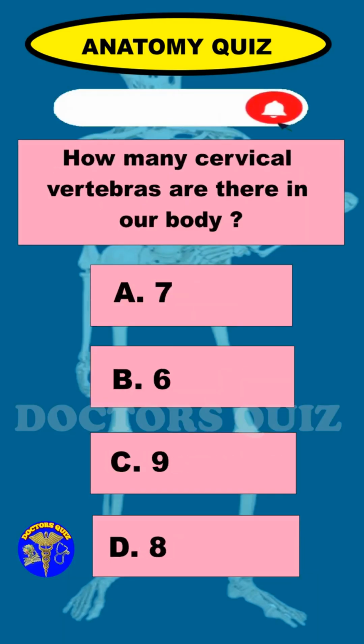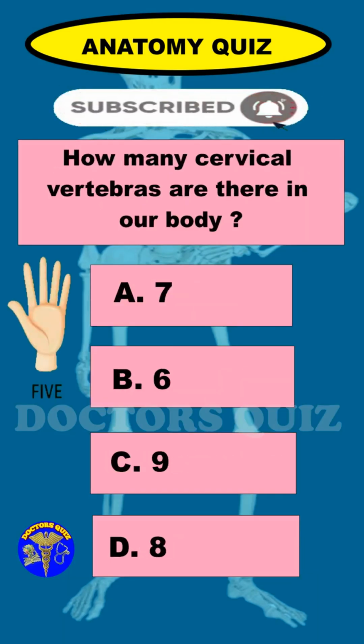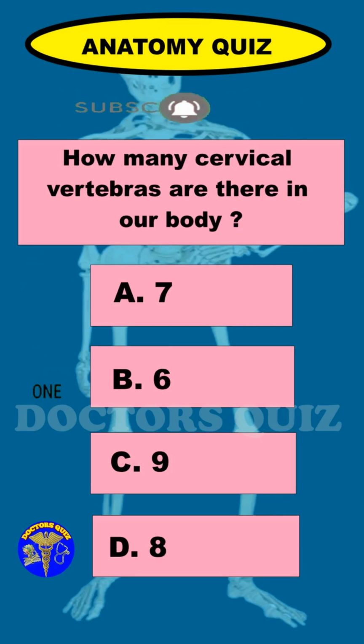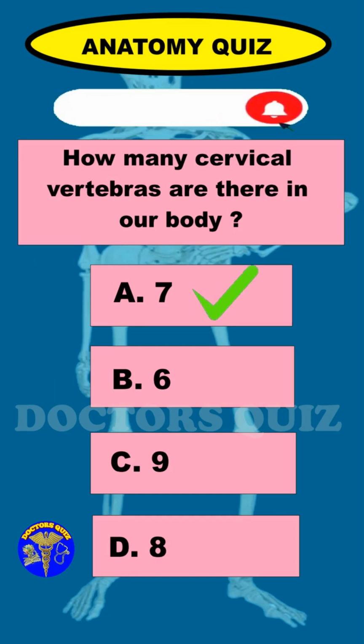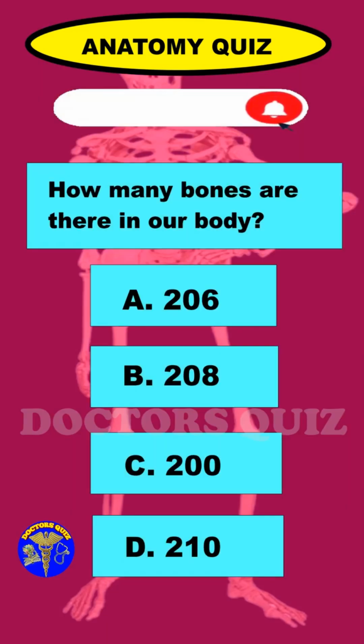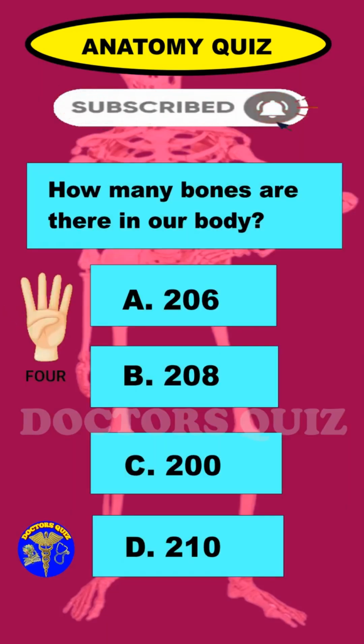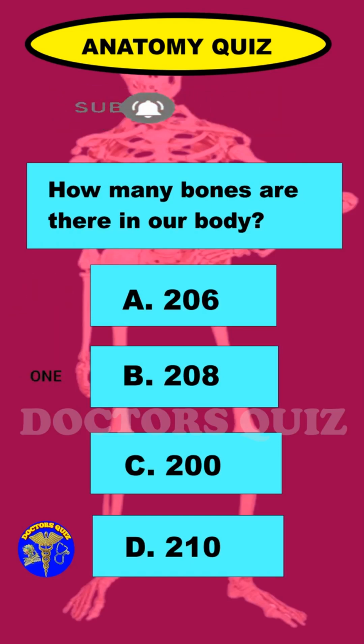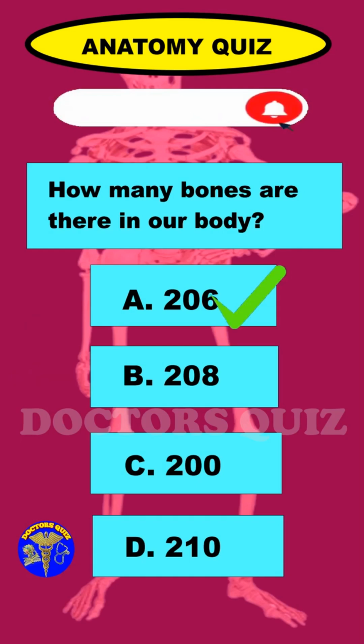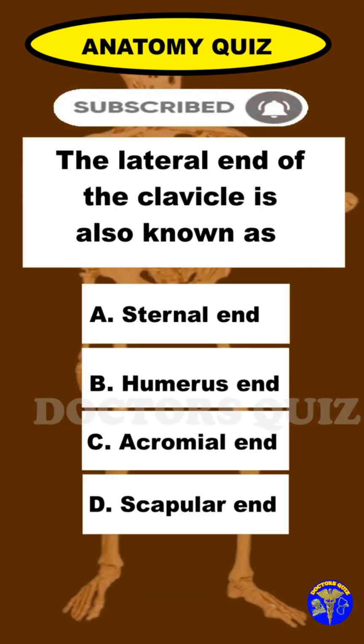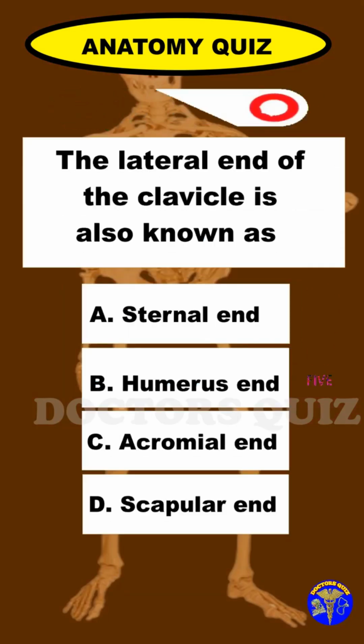How many cervical vertebrae are there in our body? 7. How many bones are there in our body? 206. The lateral end of the clavicle is also known as